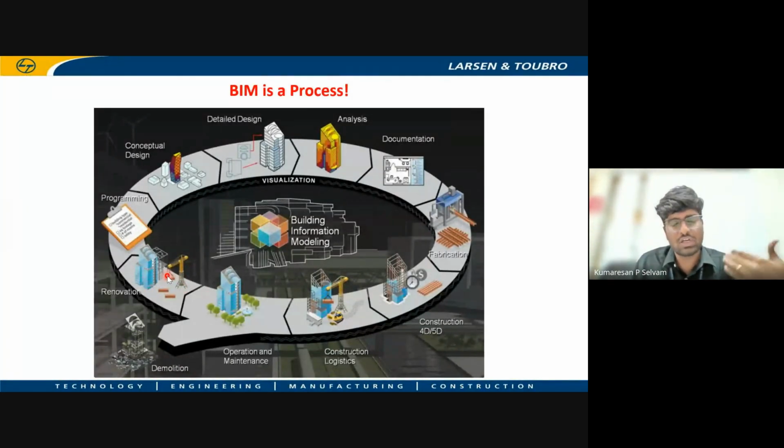When buildings are a few years old, 10 to 30 years, you will go for renovation. Only when the complete documentation is available will the renovation be easy. Even if it goes for demolition, you should plan the demolition, and there also we need a model where all the information is available. Hence the information flows from programming and conceptual design through the entire life cycle. That is why BIM is defined as a process more than a tool. You have to consider BIM as a process.